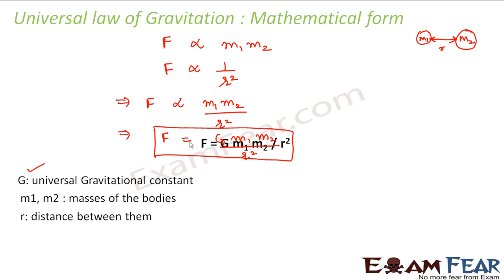Now, for your curiosity, let us suppose you have kept two pens on the table, and you want to know how much is the force of attraction between the two pens. You can find it out very easily if you know the masses of the two pens. You can find the distance between the two pens using a meter scale, and then put those values in this formula, along with the value of the universal gravitational constant, which I will tell you. Then you will see that the force is very small between the two bodies, because of which you don't see them coming towards each other because of the attraction.